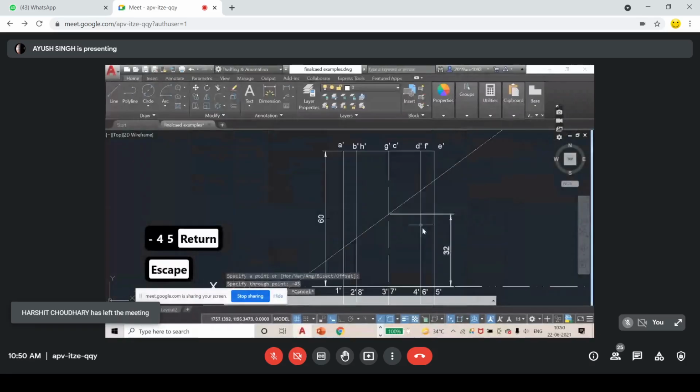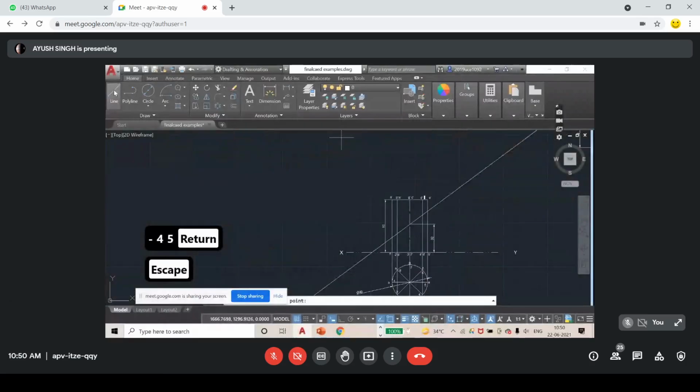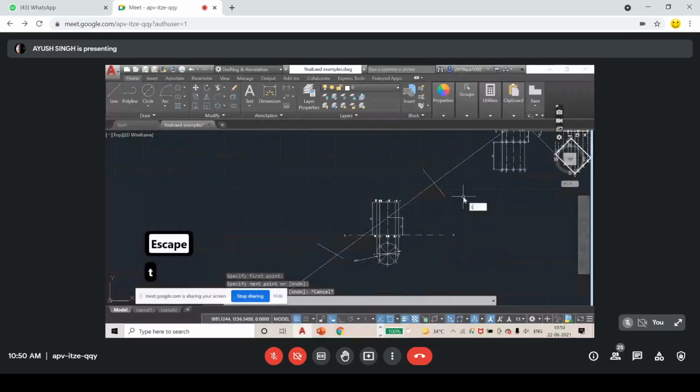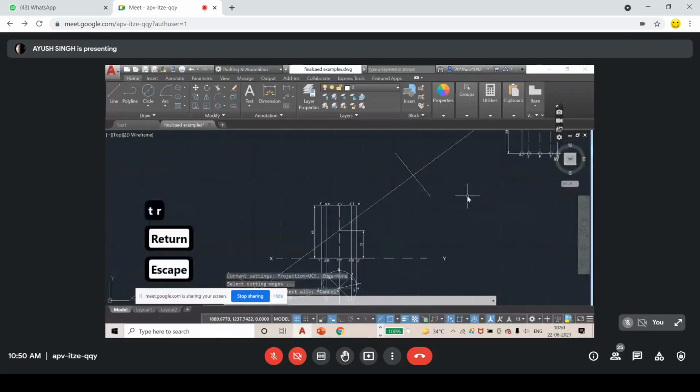I want to trim it also. So I just draw a line here and here also. Why am I doing this? TR, enter. This is cutting this also.